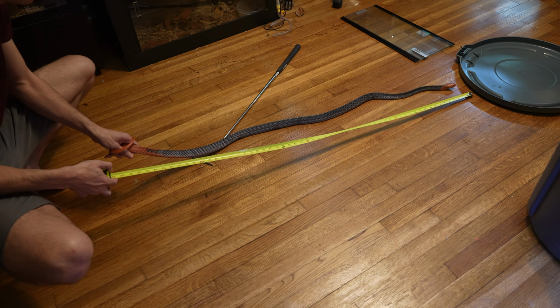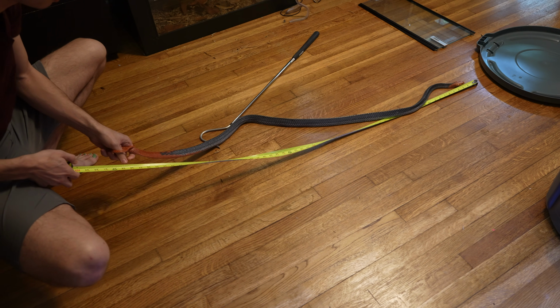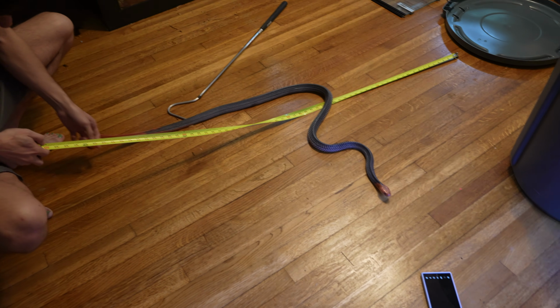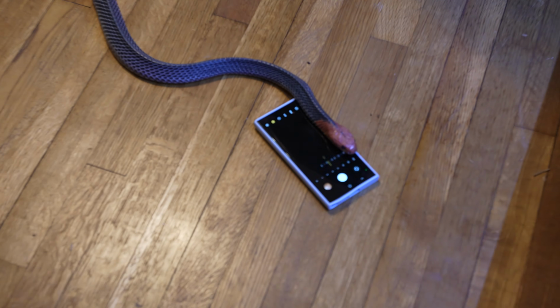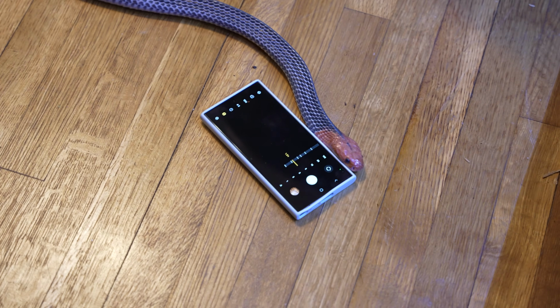And there we go. That's gonna keep going about 6 more inches. It looks like she is about, as a rough estimate, maybe just under 5.5 feet, around the 5.5 foot mark. Definitely over 5 feet long. Krait on the phone. Krait on the phone. So she is